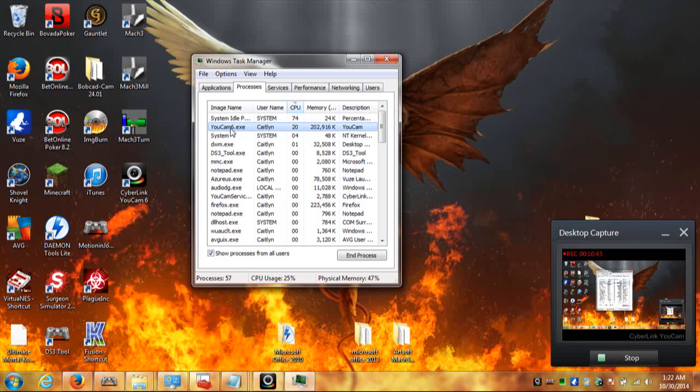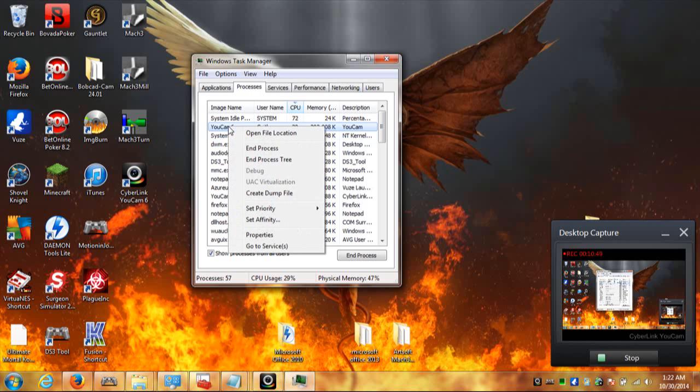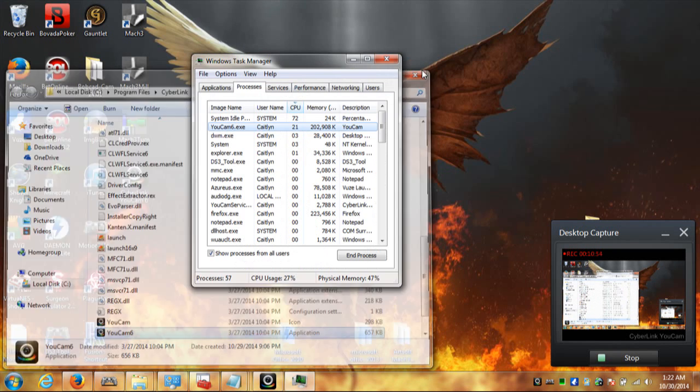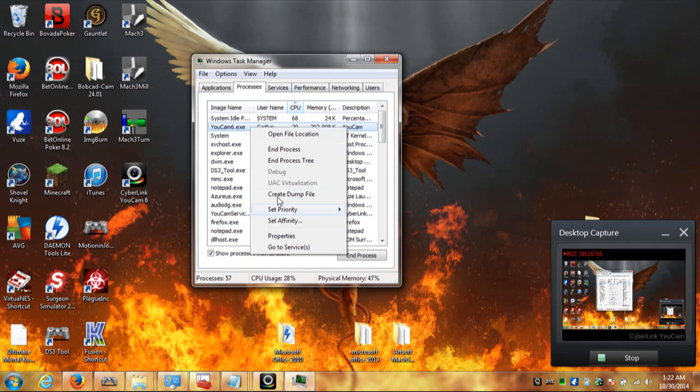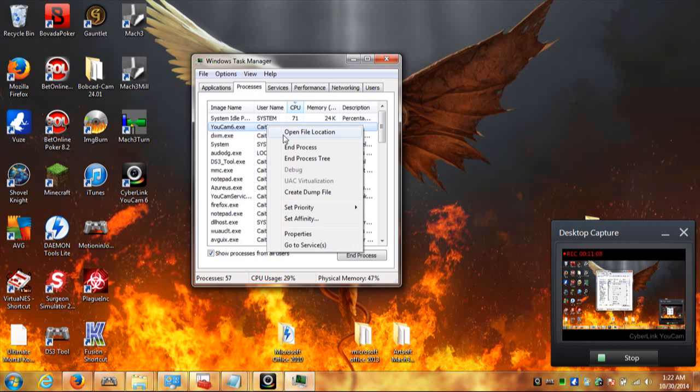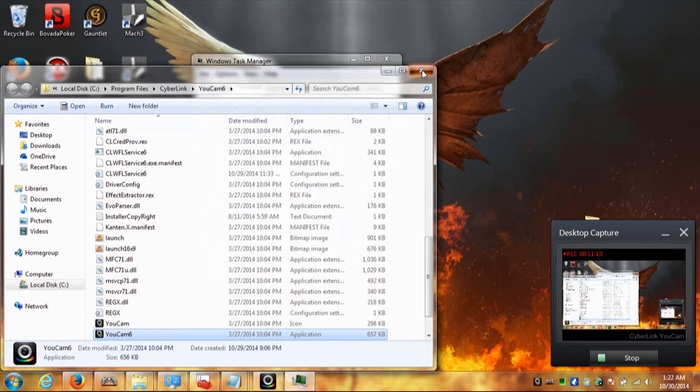But let's say that this was a virus and it was 25%. You want to, if you can, right click on it, open file location, and see if you can delete it, or right click on it and end process. If it doesn't let you, most likely it's a virus. You need to go to a different video and figure out, Google the name of it, its location, and you can know where the location is by open file location. Try to get rid of it. But anyway,